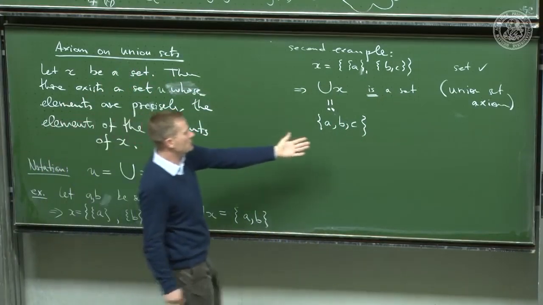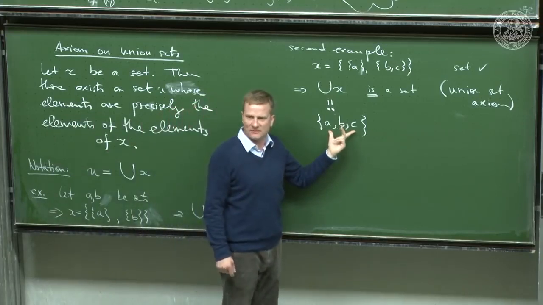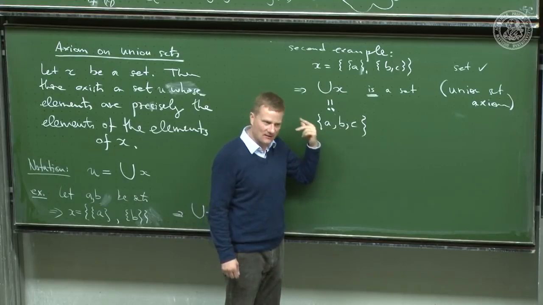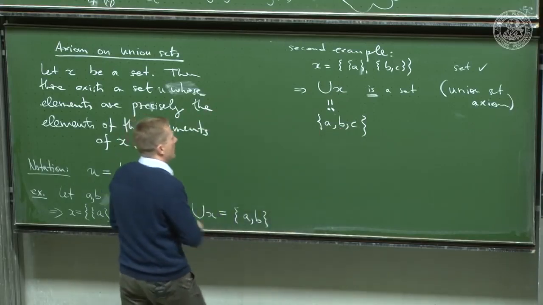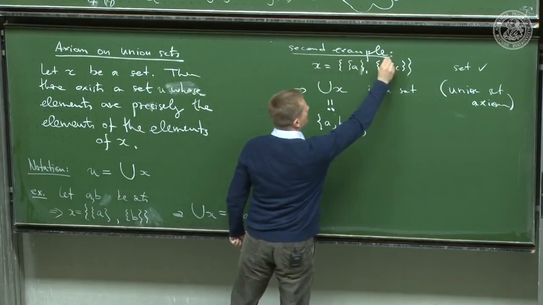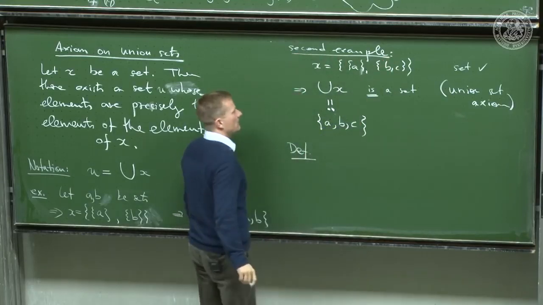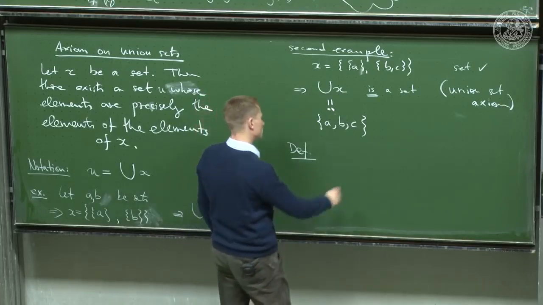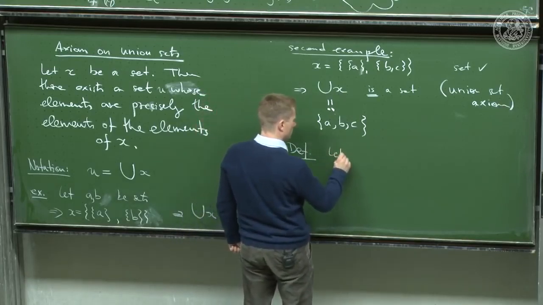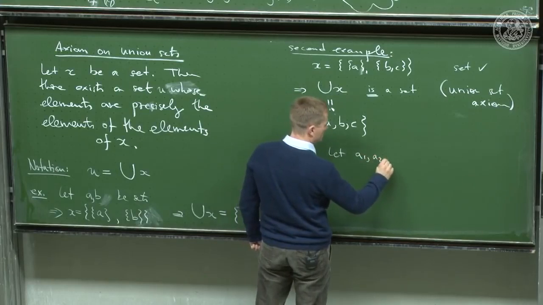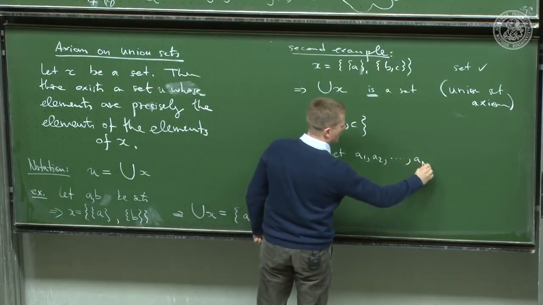I mean, in elementary school you learn this is a set, but how do you know? It's just claimed. Now the axiom tells you this. And of course the second example immediately generalizes to a definition. The definition is this. Let A1, A2, up to AN